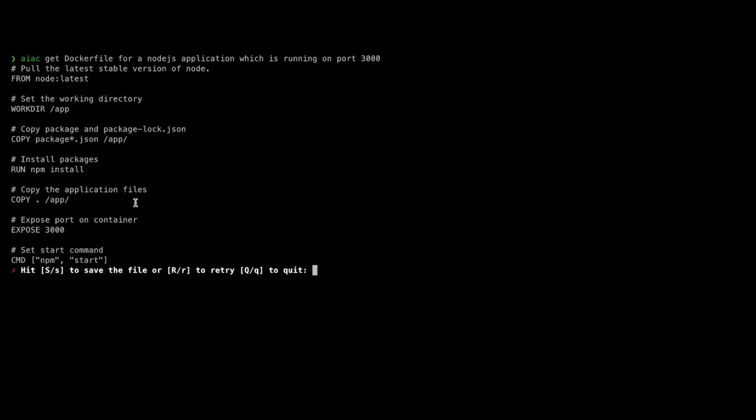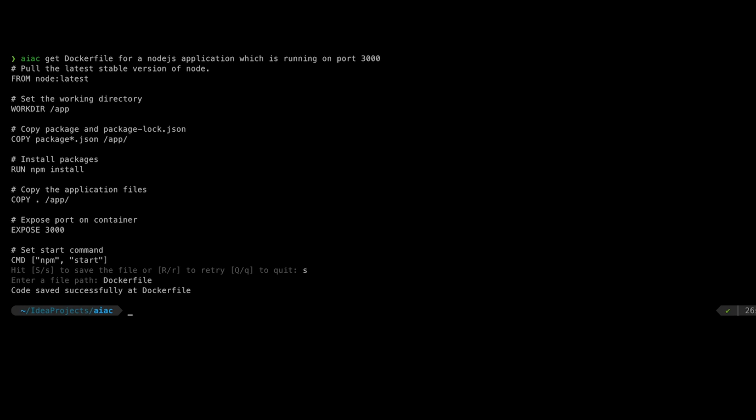If you see, we specifically mentioned port 3000, and over here you can see it uses the latest node image, npm install, and copy, and exposes the port. This looks good. We save it as the Dockerfile. Then we say,